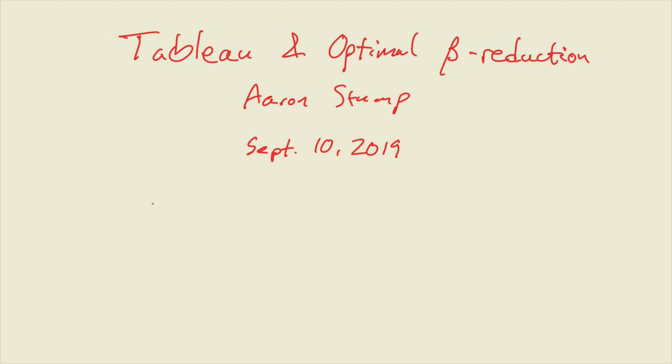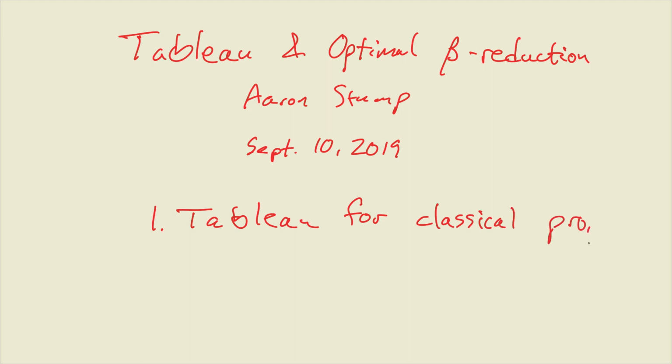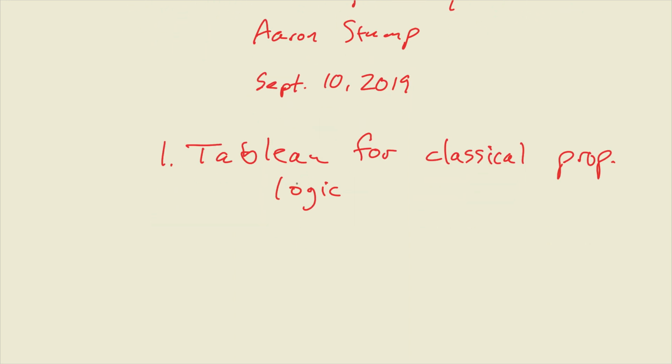And so last time we talked about a tableau proof system for classical propositional logic, and that's a great starting place to understand the basic idea of tableau. But we're going to go through a series of steps to try to get to another notation for optimal beta reduction. And the first one of those steps is we need to go from classical logic to intuitionistic logic. And the reason for that is that